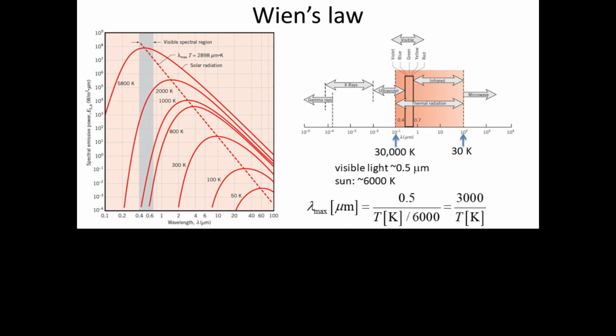Now, what is interesting here, and you're going to see how this relates to real life more than you ever thought, this is the range in which we see, right? This is the visible light. Here we have infrared. Here we have ultraviolet. What these curves represent is, for example, let's pick this one that says 2000 Kelvin. The 2000 Kelvin curve says that if a black body is at 2000 Kelvin,